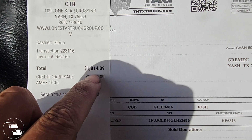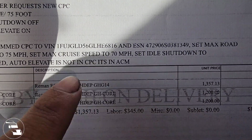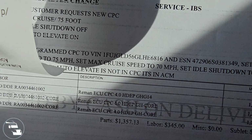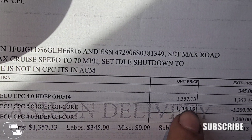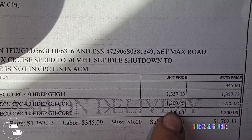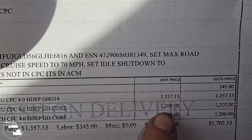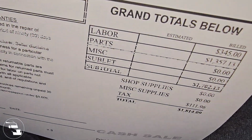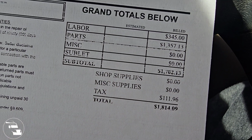So this is what I ended up paying, $18.14. This is the labor charge, and then we got the CPC4, $13.57, and there was a $1,200 core charge, but since I returned mine, they subtracted that. And everything seems to be working fine right now. If anything changes, I'll let y'all know. It was a great risk that I was running trying to do this on my own, because if it did not fix it,